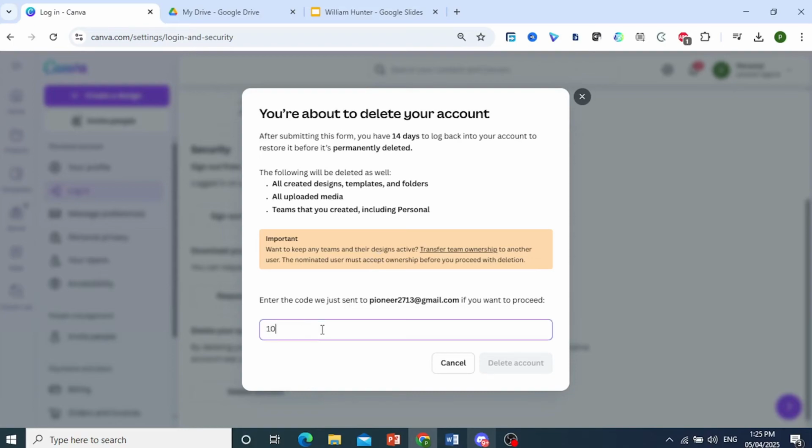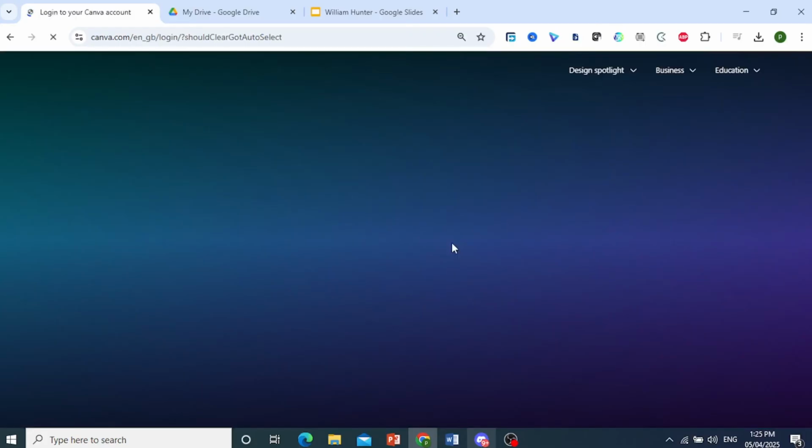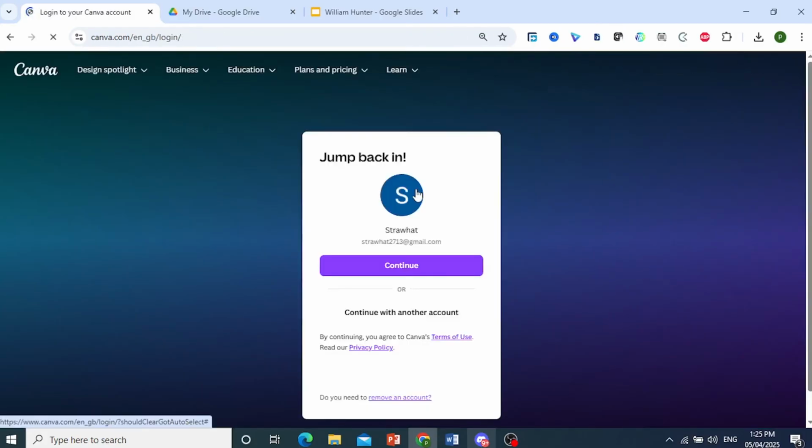So here we go. This is the code 061. And then you just need to click on delete account and it will be gone permanently. As you can see, it is going to log me out as well. Okay. And it's really that easy and